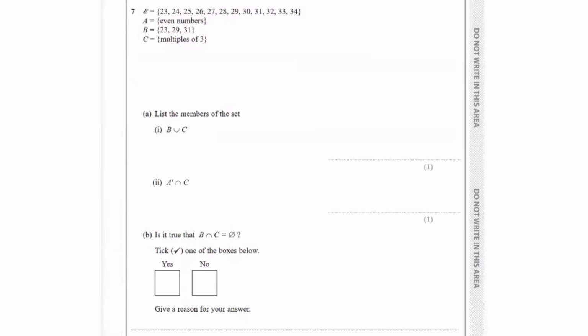Question 7 has given us a universal set of different numbers starting from 23 to 34. A is a set for even numbers. B includes 23, 29, and 31. C is multiples of 3. We have to list the members of the set for B union C. So when you have the U, that means union. When it's upside down, like a sad face, that's intersection. So this is union. And union means all elements